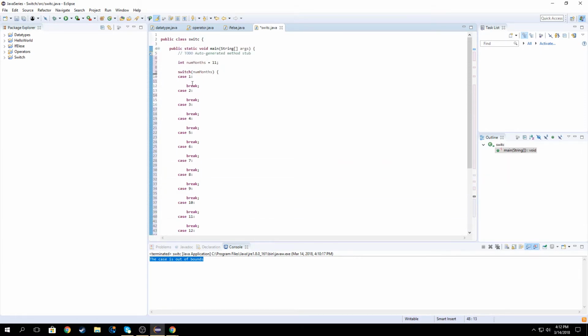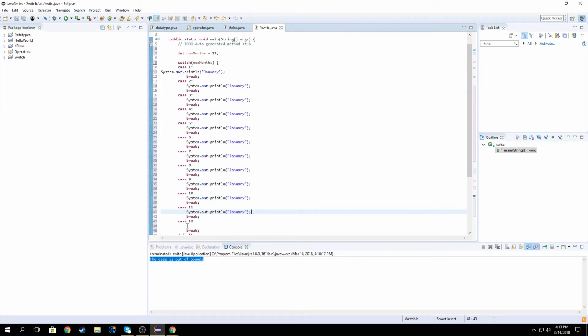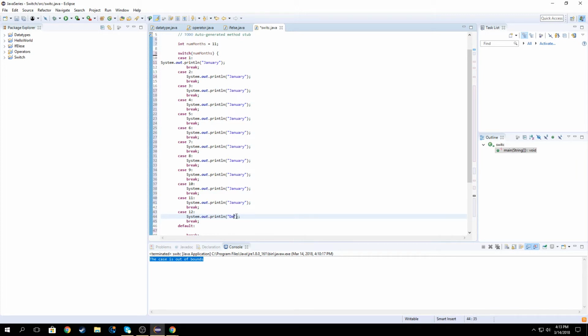Okay, now that everything is looking pretty nice, we can get on with creating a string, string month, or actually you don't really need to do that. We can just print it right inside here. So System.out, and we can print out January, and we can do that for the rest. February, March, whatever. December,